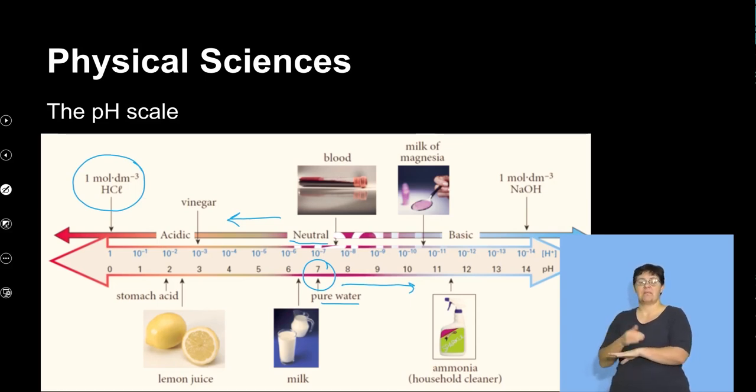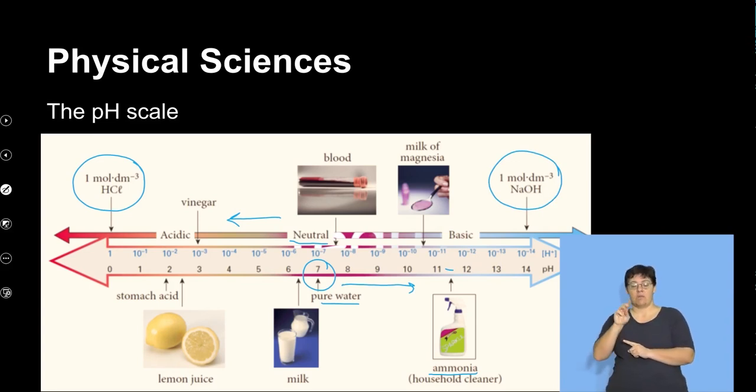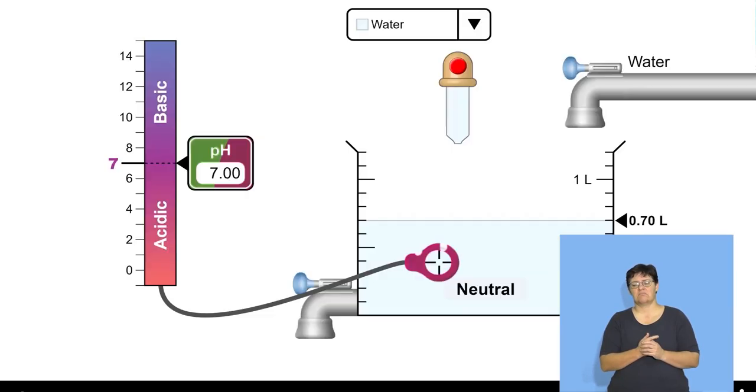So you think of some of the household cleaners, different brands that we are familiar with, they have a pH of between 11 and 12. Okay, so substances such as sodium hydroxide, with a concentration of 1 mole per cubic decimeter, is a strong base. Right. So pH 7 is neutral, pH closer to 0 is a strong acid, closer to 14 is a strong base. Right. So in terms of the measure, we can also talk about some of the everyday substances in terms of pH.